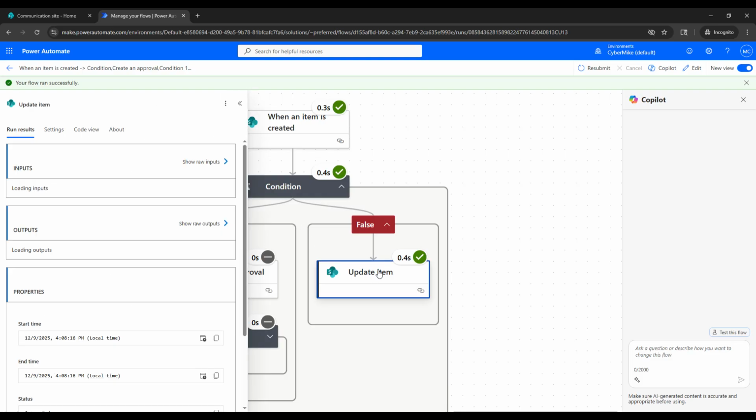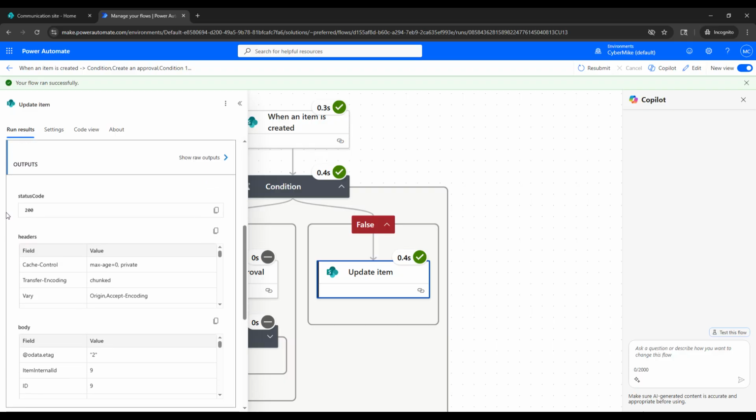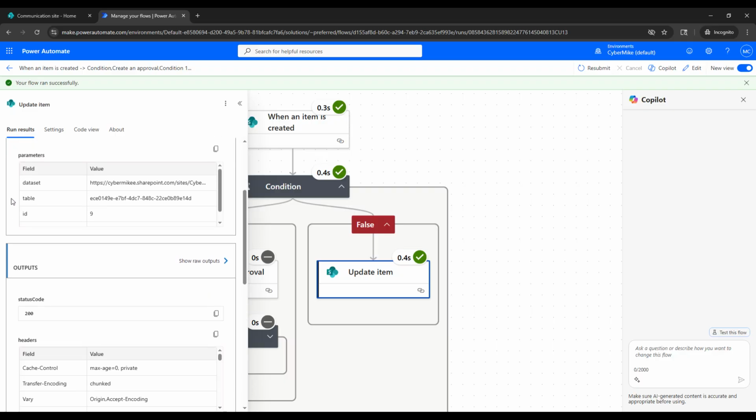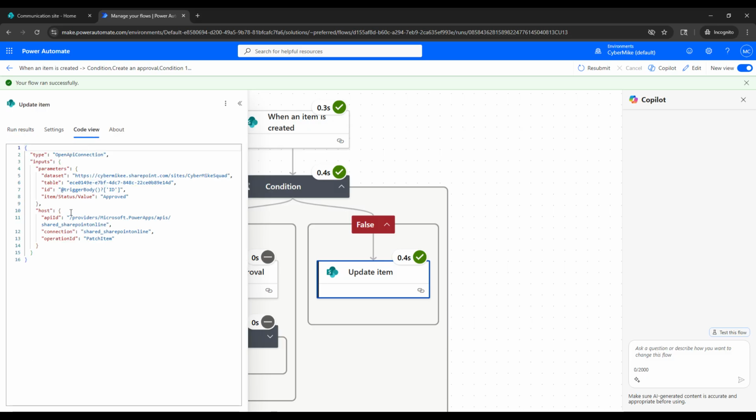And if we click on this, we can actually see what ended up happening. So because it was marked as a non-IT department, what ended up happening? So if we scroll down, it just went ahead and marked it as approved. And if we come over here to code view, it's a little bit more clear, at least in my eyes, about what happened. So you guys can see that it went ahead and marked it as approved for the approval